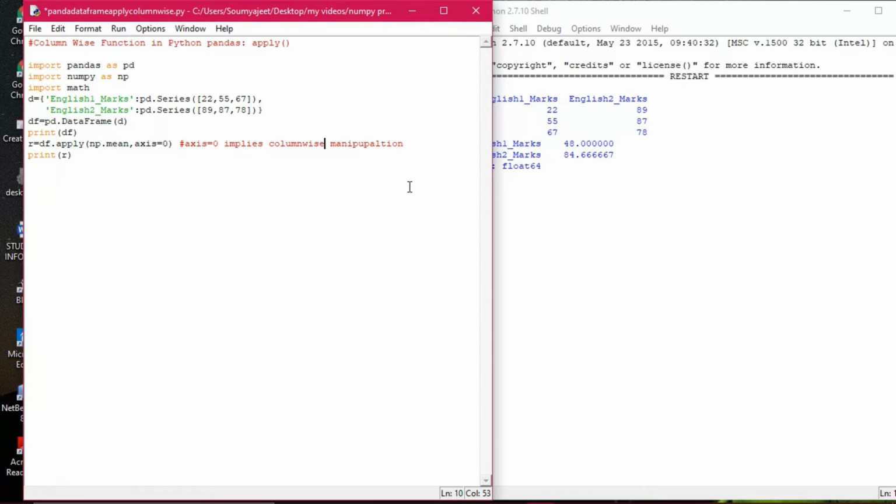You can use other methods also, sum, count, all these things, instead of mean, in order to check the output. Fine. Till then you just watch both the videos properly and implement it practically. I don't think you'll have any problem, and if any problem occurs, then you definitely ask me. All right, thank you.